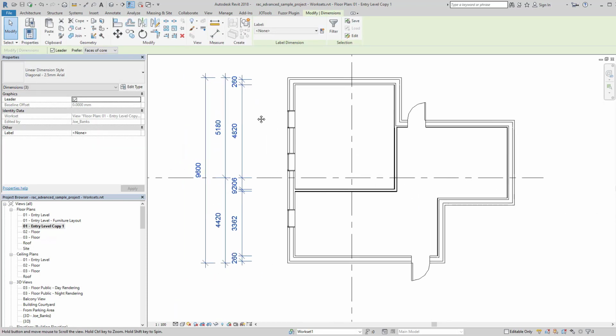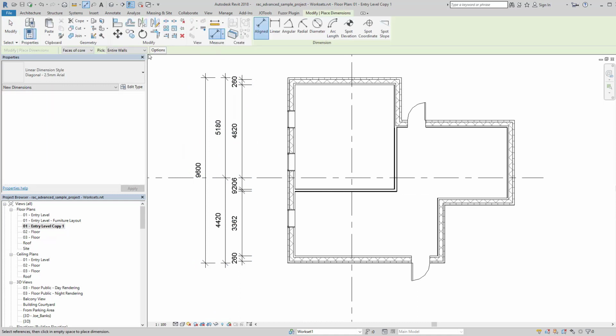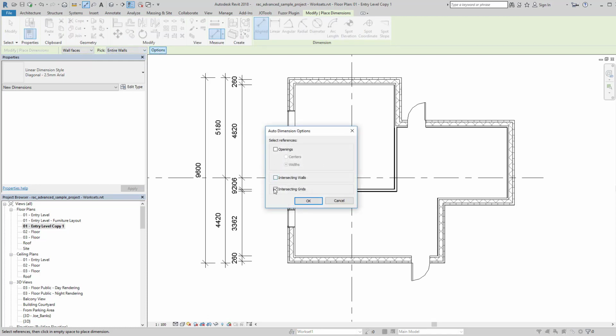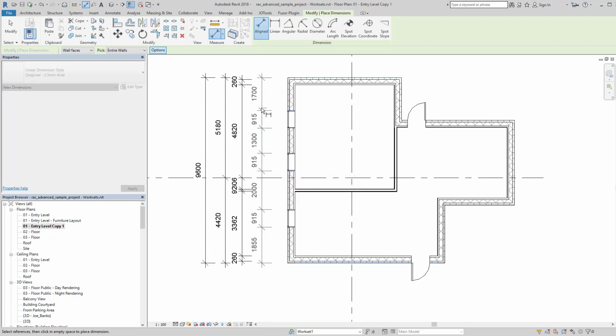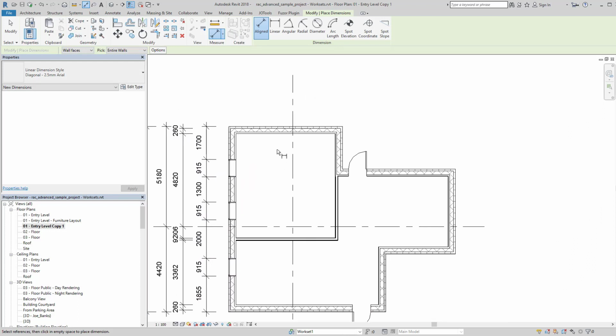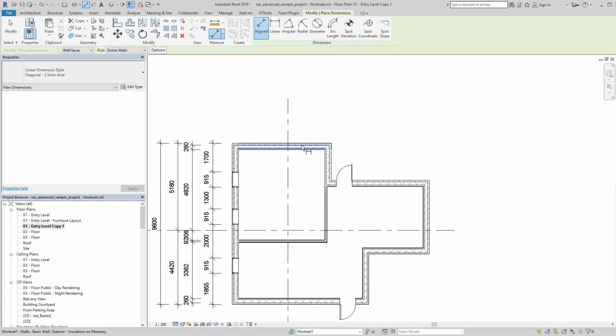Can also dimension my openings on here, so I'd probably go to wall faces, the opening, and I get the width or the center of the opening. There is my windows. The downside is it doesn't work particularly well on